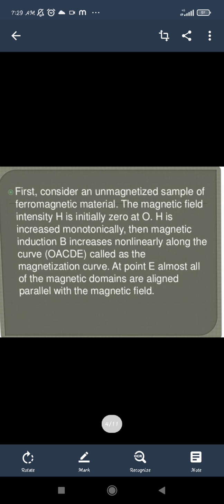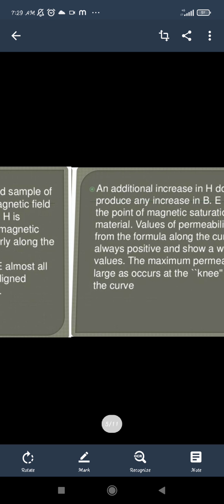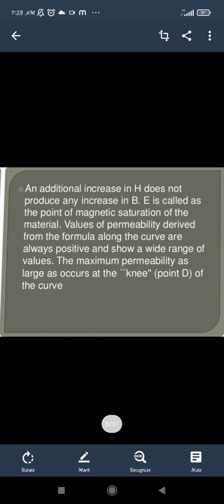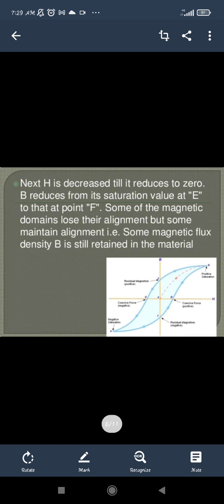Whenever the magnetic field is initially 0, then H is also 0, and when this magnetic field increases, the magnetizing curve also increases from 0, because the domains are getting aligned themselves in the parallel direction. Similarly, the point tries to increase, but a point comes where it will not increase any further, that is, it gets saturated. That saturation point will be positive when it is on the plus side of the graph. Now we know that the maximum point will occur where it will stop. This is said to be the knee point, and that point will be the saturation point, right?